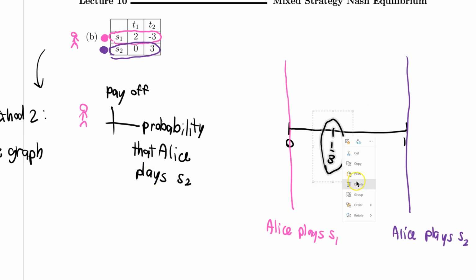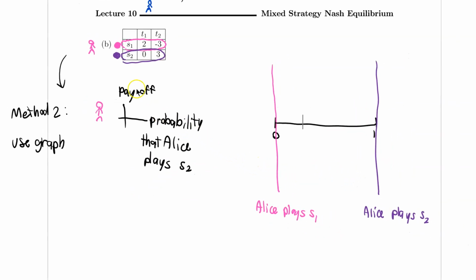So what's gonna happen here is that because Alice is the one who chooses between the top row or the bottom row, Alice can choose between the pink line, the purple line, or she can use a mixed strategy. She can actually do anything in between. So she can use whatever probability that she wants. So what Alice does is that Alice,